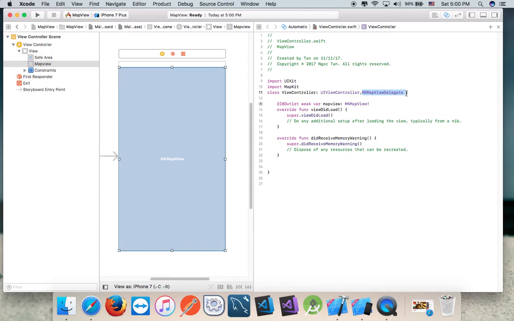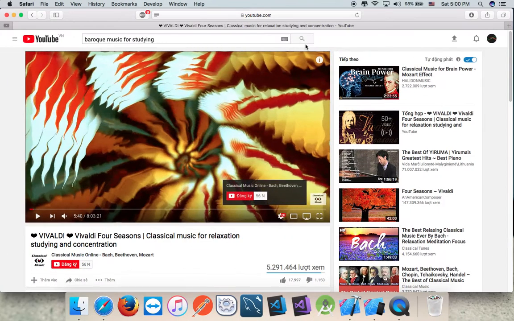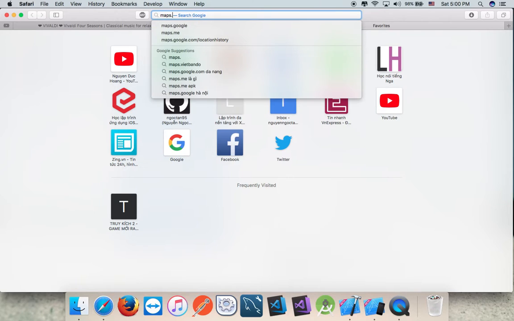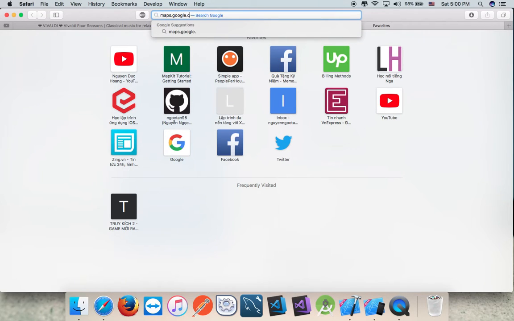So now in this MapView, I want to display a region arbitrarily, and its radius is 1000 meters. So now I will go to Google Maps and I find the current position. I go to map.google.com